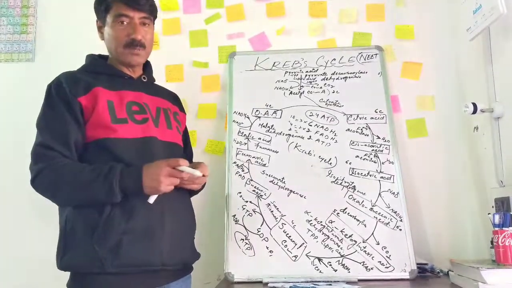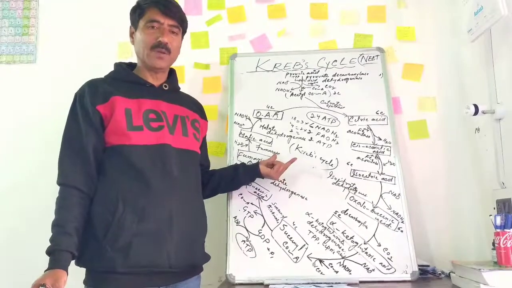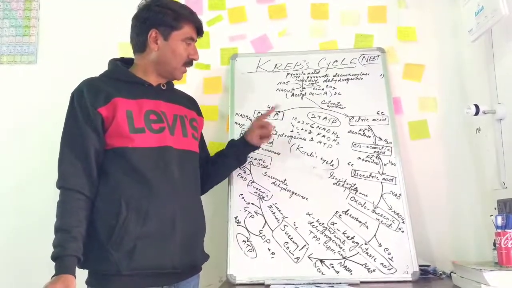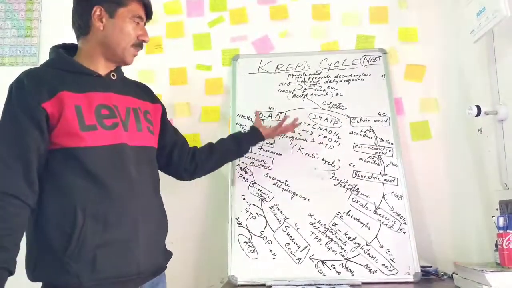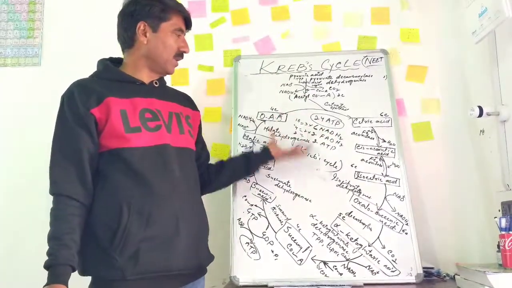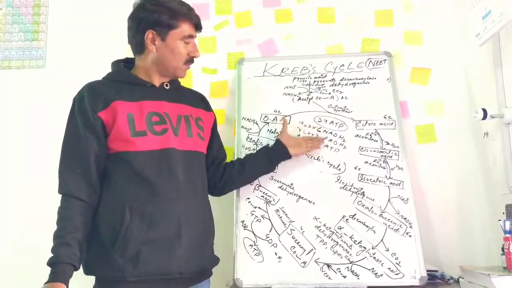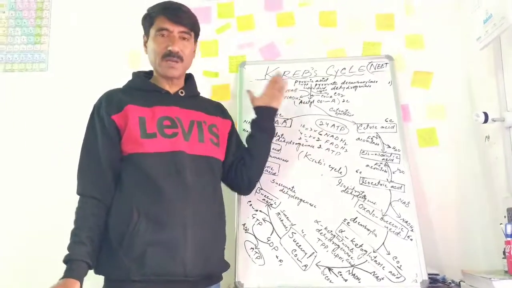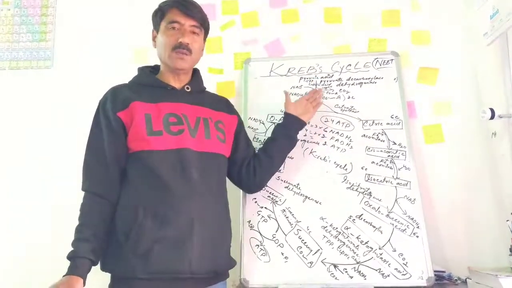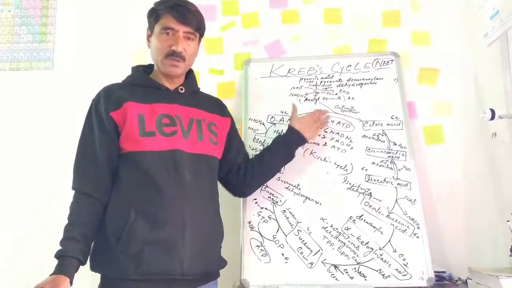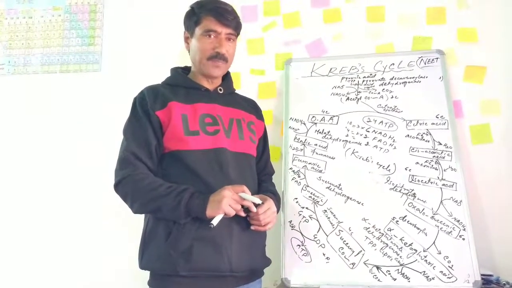Hope कि आपको ये समझ आया होगा। तो मैं यहाँ पर फिर से बोल दूं कि आप अगर कहीं भी आपको डाउट लग रहा है, मुझे फ़ोन करें या कमेंट सेक्शन में जाएं। लेकिन यहाँ पर याद रखें, जो ये रिड्यूस्ड कोएंजाइम्स बनते हैं NADH2 FADH2, अभी इन्होंने एनर्जी रिलीज नहीं की। ये एनर्जी रिलीज करेंगे जब ये अपने इलेक्ट्रॉन्स और प्रोटॉन्स को ट्रांसपोर्ट करेंगे टू ultimate acceptor of these electrons and protons, that is the oxygen, और ये इलेक्ट्रॉन्स और प्रोटॉन्स ट्रांसपोर्ट हो जाएंगे इन द ETC, दैट इज इलेक्ट्रॉन ट्रांसपोर्ट चेन, जो इनर माइटोकॉन्ड्रियल मेम्ब्रेन में है, जो हमारा नेक्स्ट टॉपिक है। उस पर भी हम जल्दी ही वीडियो अपलोड करेंगे।